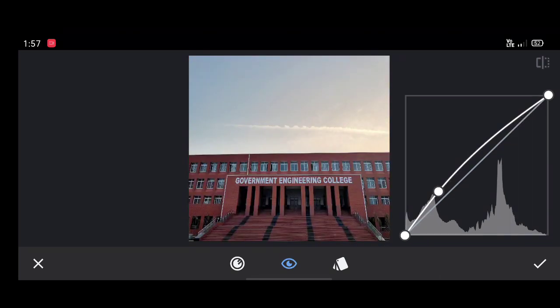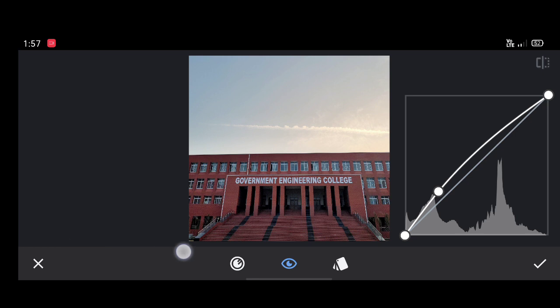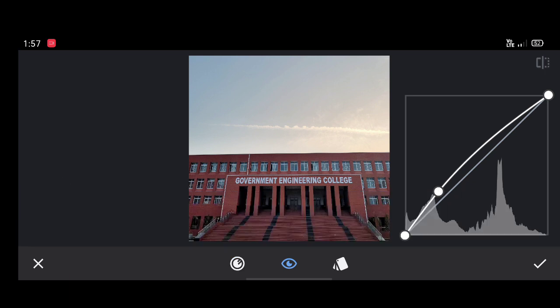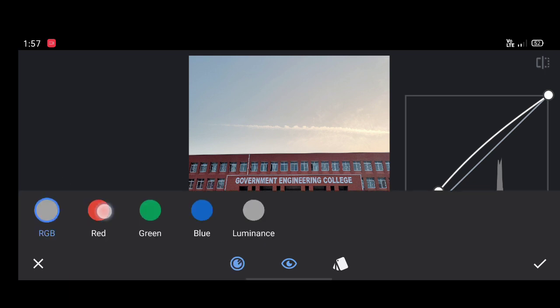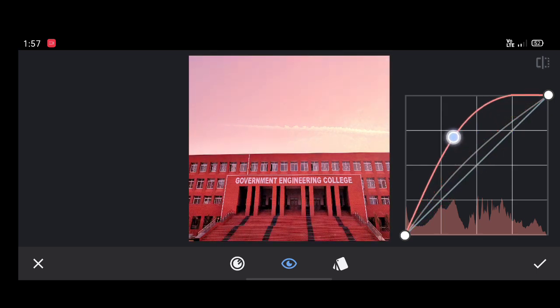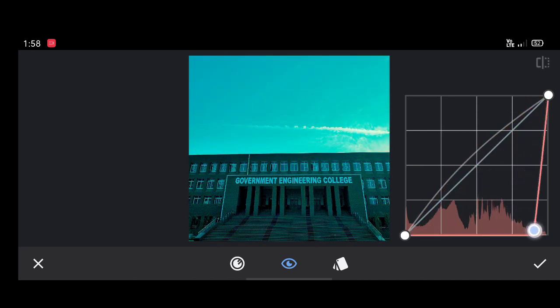Now let us move to the colors option in the curves. There are reds, greens and blues, these three colors to choose here. These curves are a bit different compared to the RGB curves. And we select the red curves here. Drag the midtones upside to add red color in the whole image, and move downside to remove the red color, also adding the opposite color of red in the whole image.